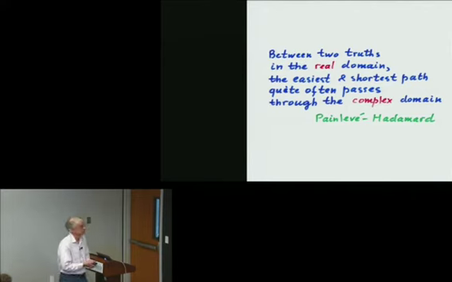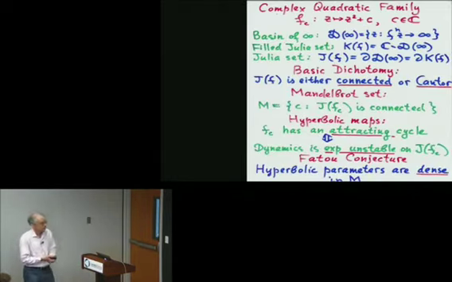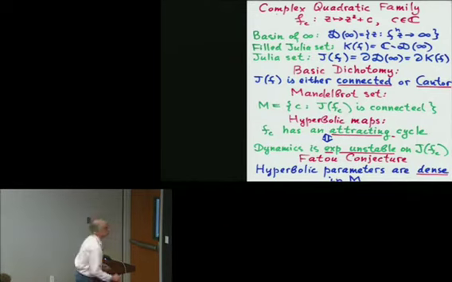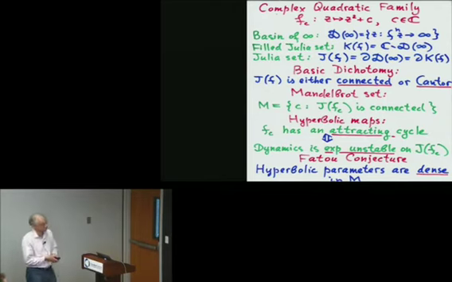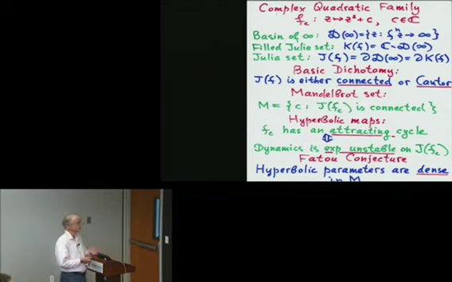According to this principle, I will start the discussion with some basics in holomorphic dynamics. And I will restrict myself, as I promised, to just one specific family: the complex quadratic family, z squared plus c. Now z is a complex variable, c is a complex parameter. And what are the basic objects? There is the basin of infinity, just the set of orbits which escape to infinity. There is the filled Julia set, the set of orbits which don't escape, so it is the complement of this basin of infinity. And there is the Julia set, the common boundary between the basin of infinity and the filled Julia set.